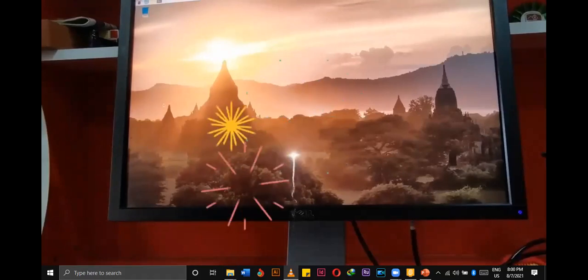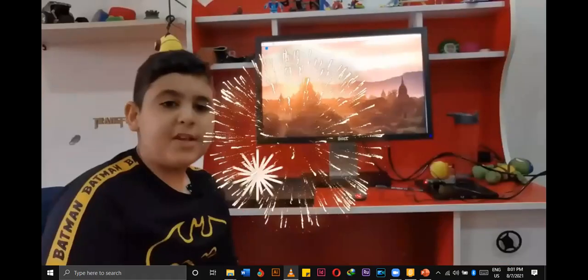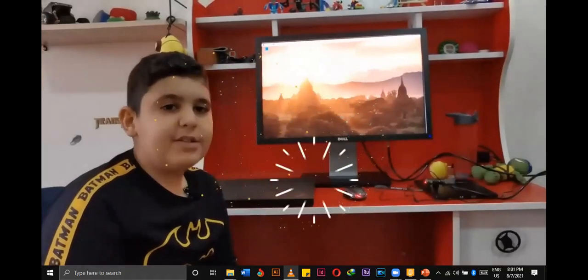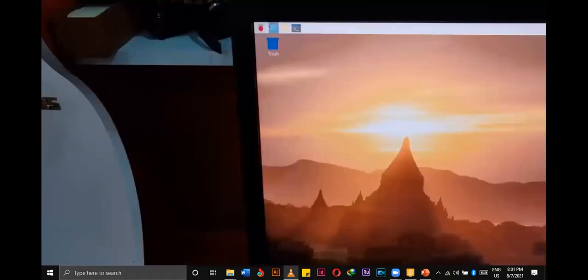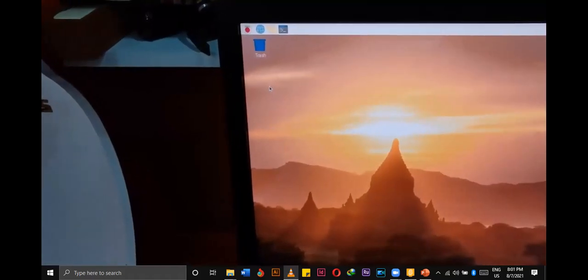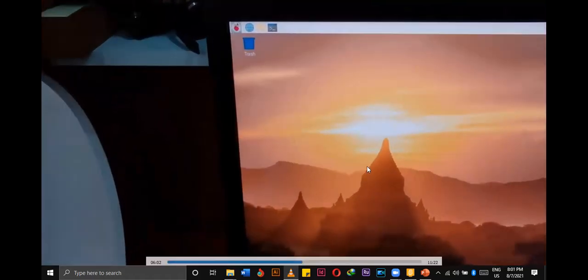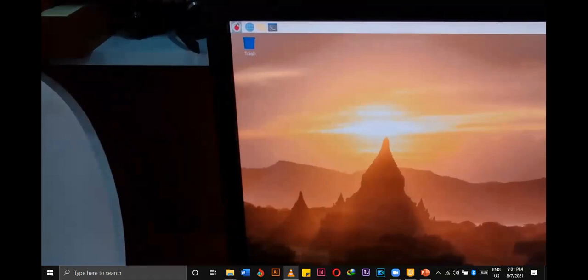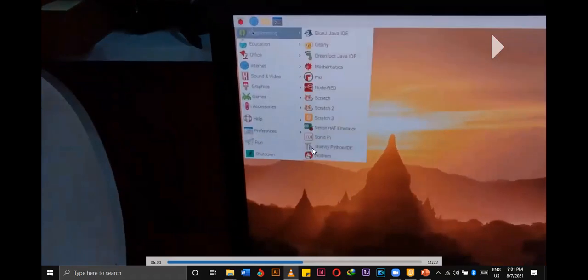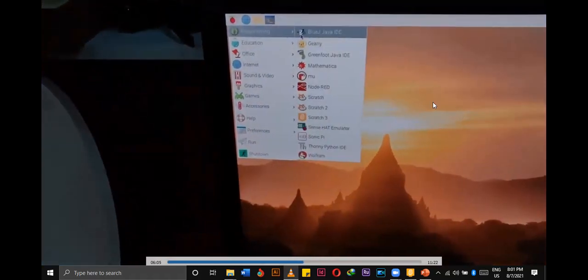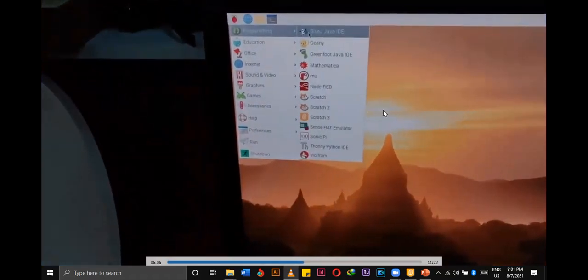So now it's completely done. After a few clicks, we have officially installed Raspbian on our Raspberry computer. Okay guys, so let's see if this computer actually did something good for us. Now it is simple, right? You can click this one and open the software. We click on this, then we go to programming. We have these kinds of programming